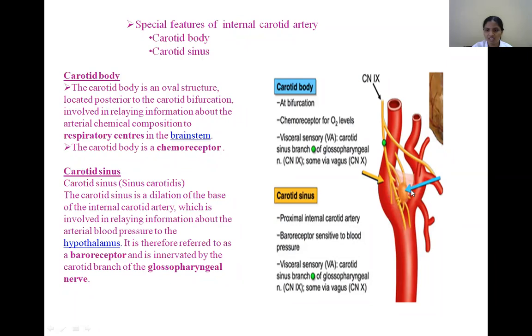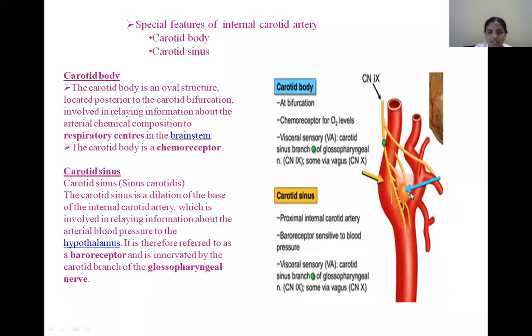Then in between the external and internal carotid artery, there is a structure which is formed by cells and surrounded by the nerves. So what is this? These cells and nerves collectively are forming a glomus-like structure which is known as the carotid body. So here what is the nerve supply? The same branch, the carotid branch of the glossopharyngeal nerve is supplying, and these particular cells act as receptors.